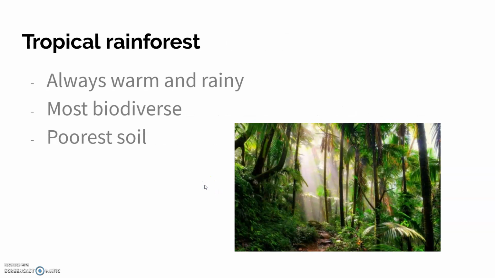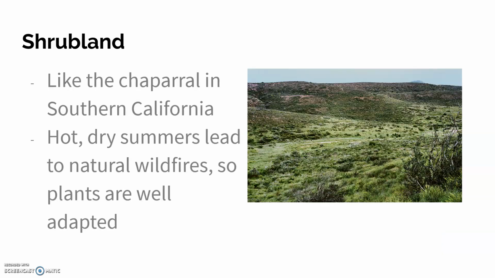The tropical rainforest, I'm sure you all know about. It's where the cool trees and the toucans, all the fun animal life is found. This is the most biodiverse biome, it's always warm, always rainy. It's also got the poorest soil. And we think, what? How could that possibly be the case? There's so much plant life. How could you have poor soil? Well, it's because you have so much plant life that you have poor soil, because as soon as those nutrients are available for decomposition, they snatch them right up.